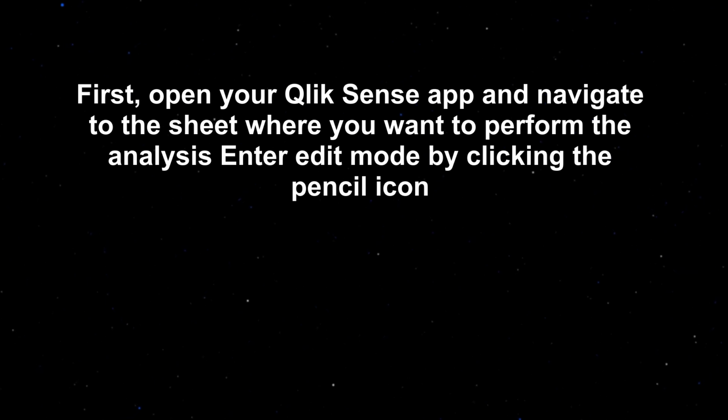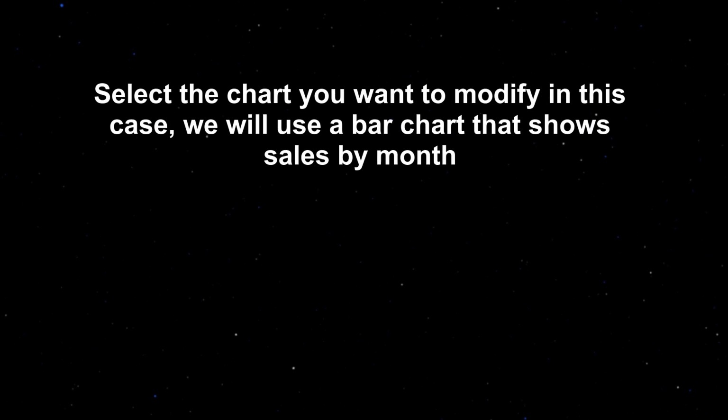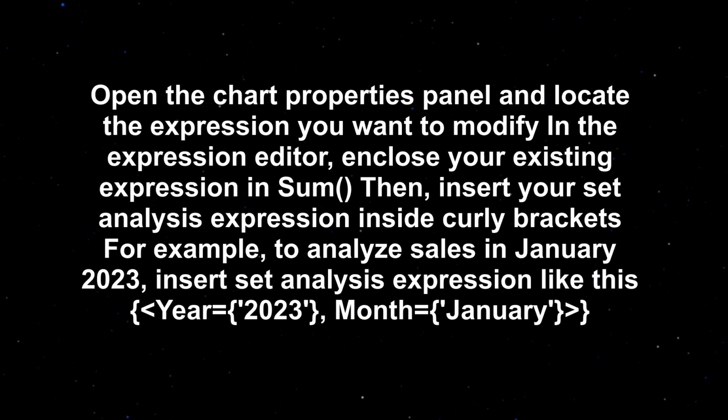Enter Edit mode by clicking the pencil icon. Select the chart you want to modify. In this case, we will use a bar chart that shows sales by month. Open the Chart Properties panel and locate the expression you want to modify in the expression editor, and close your